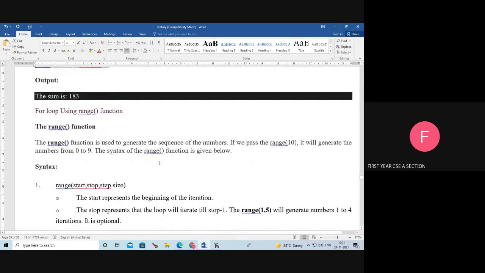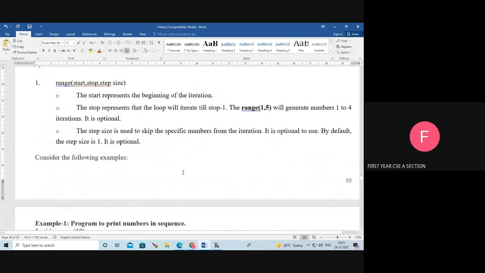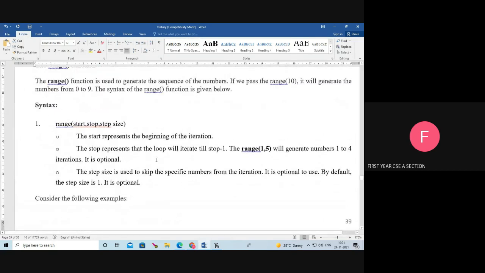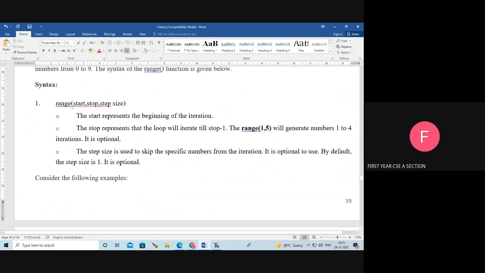Next, range function. Here see range of 10. Range of 10 means its output, the range value, is 0 to 9. Next one, here see the syntax for the range: range of start comma stop comma step size.